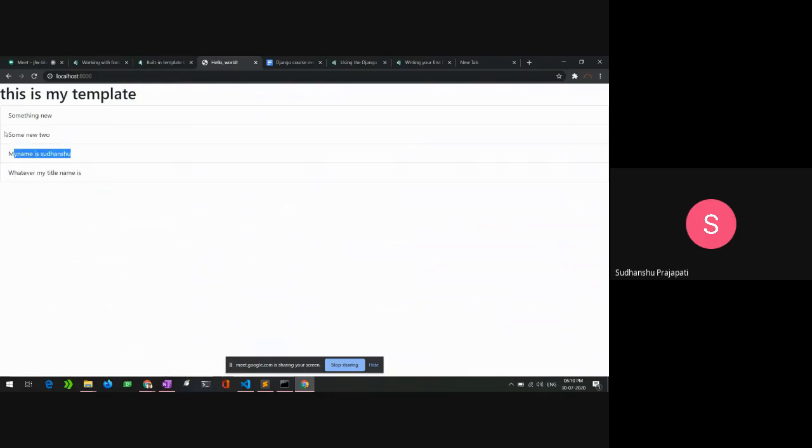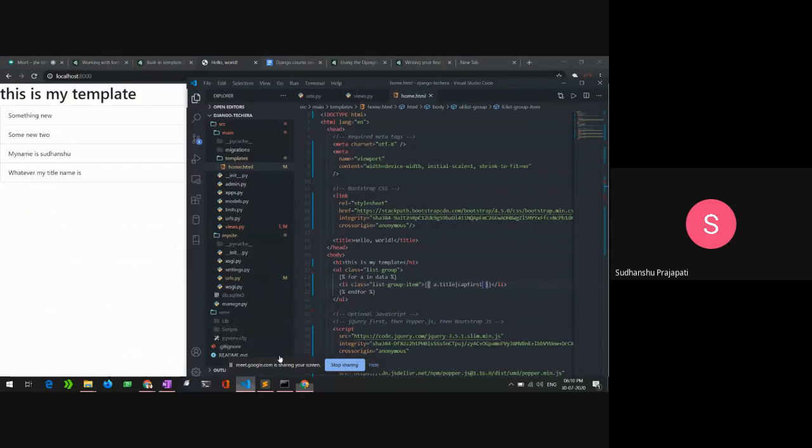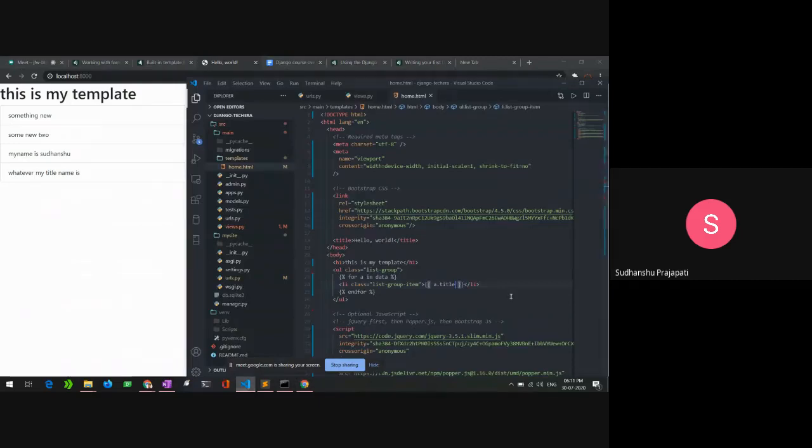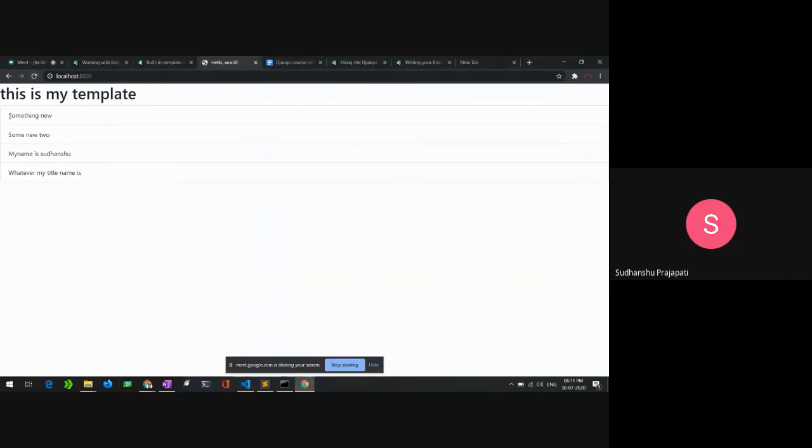If you want to see the little changes, let me change it back to normal, where we were, and show you right now. Here all the things are not starting with a capital letter, but if I want them to start with a capital letter, I can use the simple template tag to do that. So I will get back to where we left it, and now every starting letter of the object or the title is capitalized.